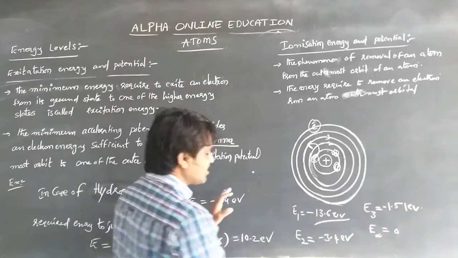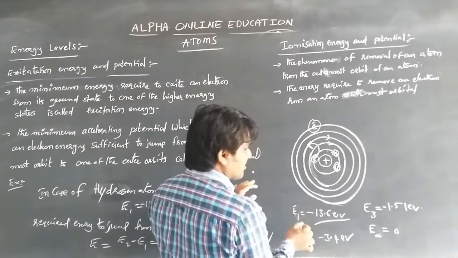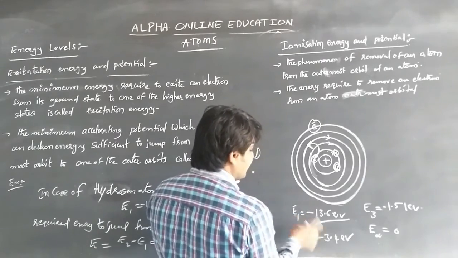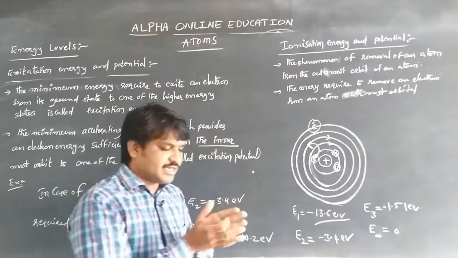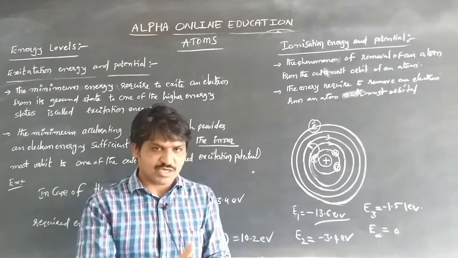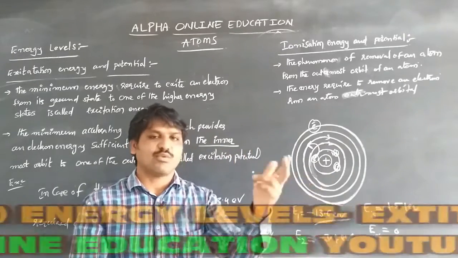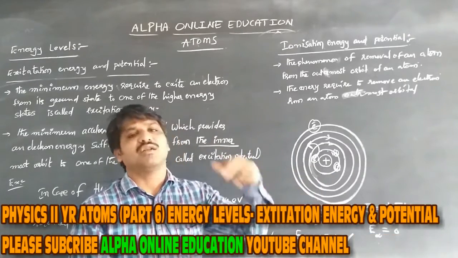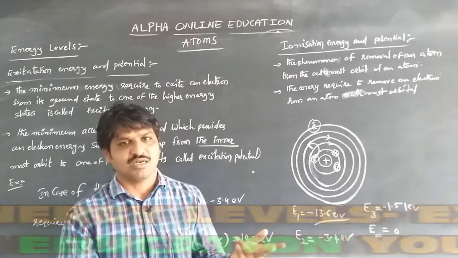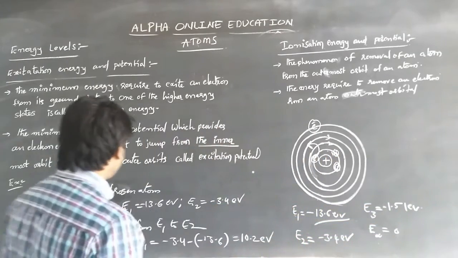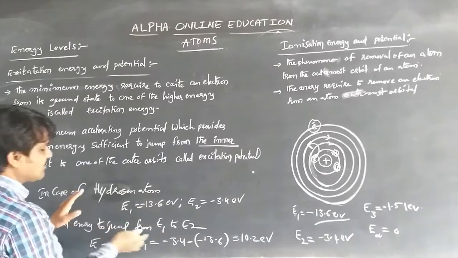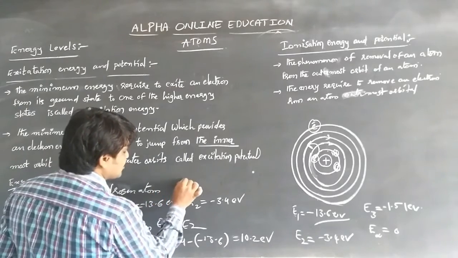So we know that E is equal to the difference between the two energy levels, whenever the electron jumps from the innermost orbital to another outer orbital, whatever the excitation is, the second orbital, the third orbital, or the infinity orbital. So by taking the values here, in the case of the hydrogen atom, it jumps from the innermost orbital to